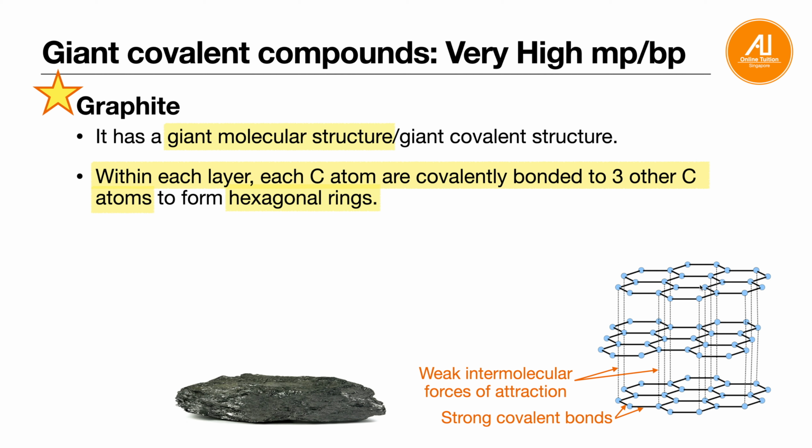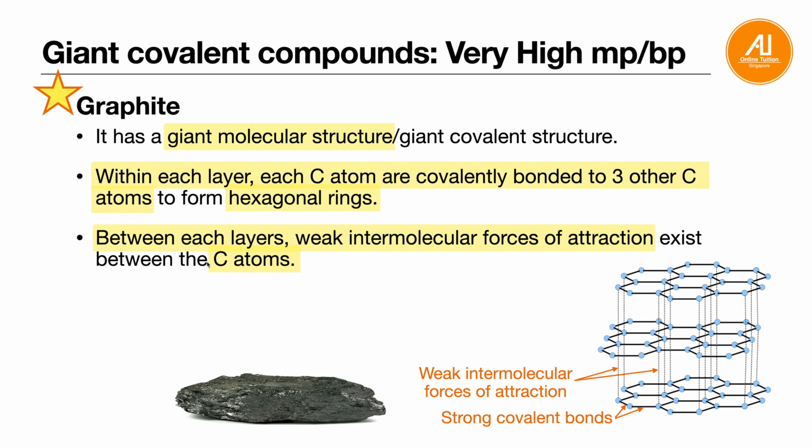Okay, to form what? Hexagonal rings. Can you see the rings as a 6-sided shape, 6 sides? Okay, so between each layer, weak intermolecular force of attraction exists between the carbon atoms. So you can see between one layer and the other layer, right, they are connected by this weak intermolecular force